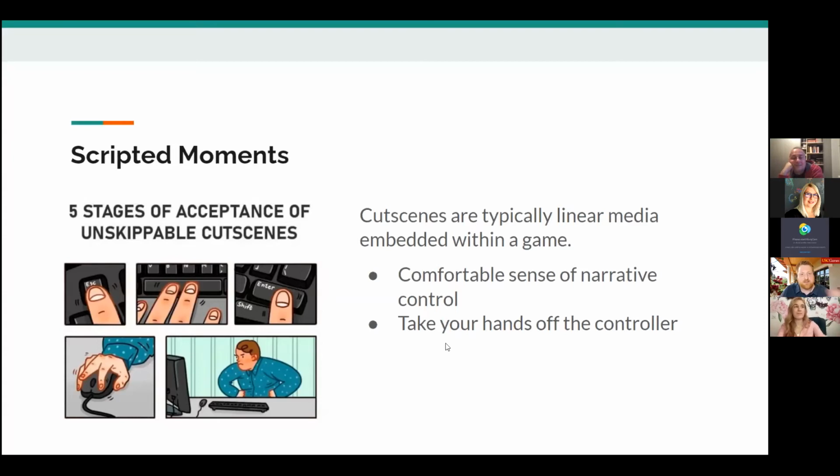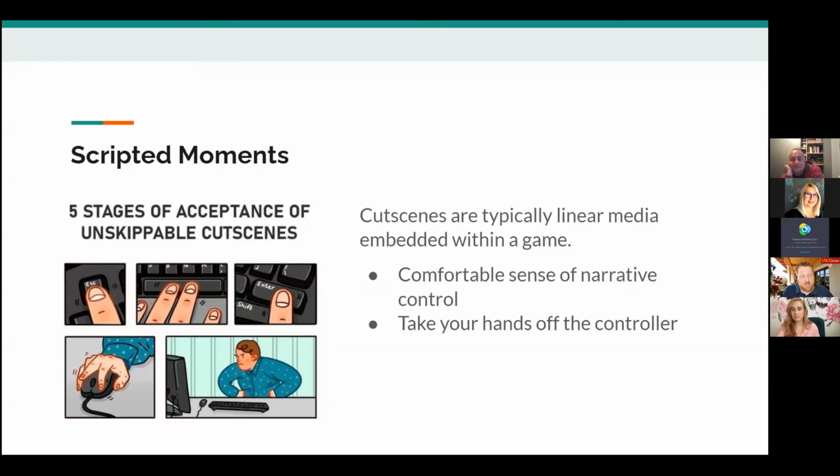Exactly like Marty said, like a movie, like something out of Lord of the Rings, with edits and cuts and camera angles and music, all of that. For the designer who is telling a story through the game, this offers a comfortable sense of narrative control, right? Like we have some sense of how to structure linear media, how to make a movie, and how to make a movie emotional and resonant, have it connect with people, have it mean something.